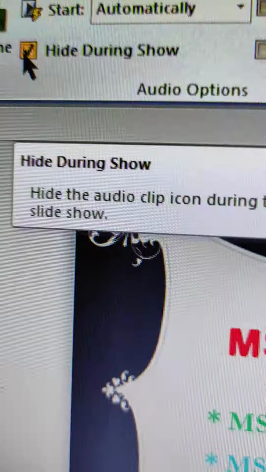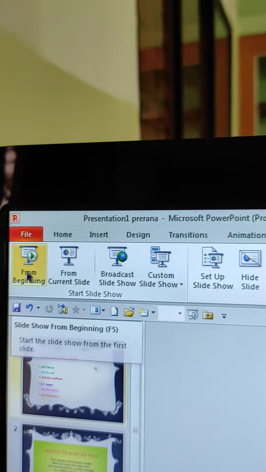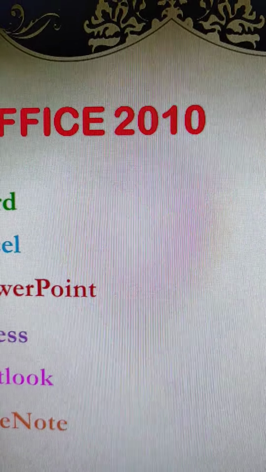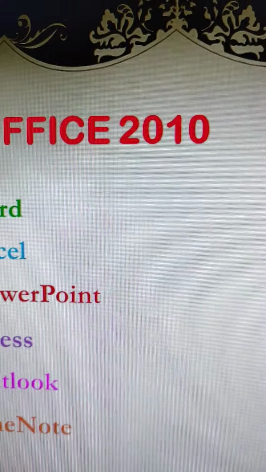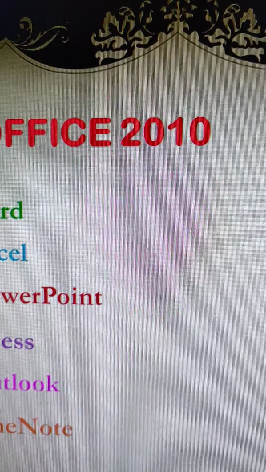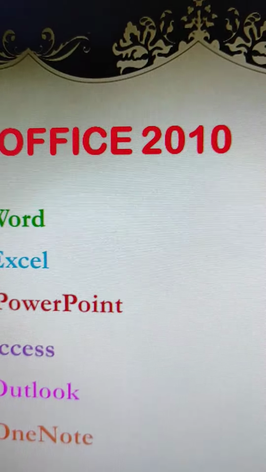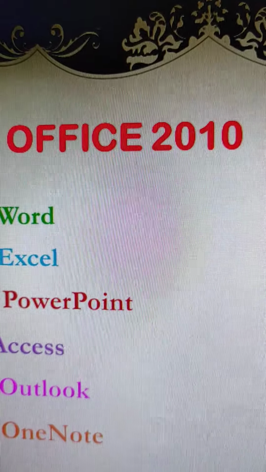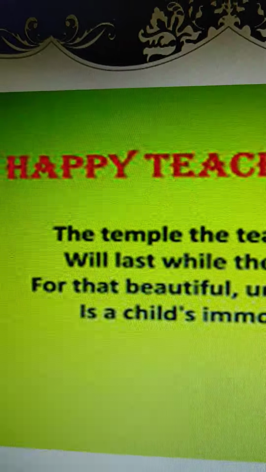Now again in the slideshow, select From Beginning, without clicking. Automatically the sound will start. In this way, without clicking, the audio will start.